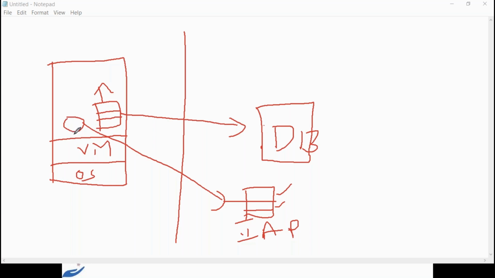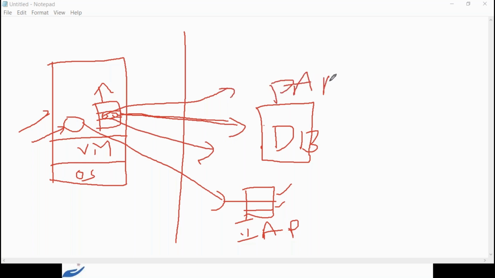In the previous IAAS model, you don't have the physical server access, but you have the virtual server access. Now you don't have even virtual server access. On top of the virtual server, they are installing a lot of databases: one database for you, one database for some other person, and so on. They are just giving you the database, that is the platform as a service. That platform they are giving. The platform means where you can install all applications. So the main platform they are giving as a service. If anyone is not clear, let me know about this platform as a service model meaning.